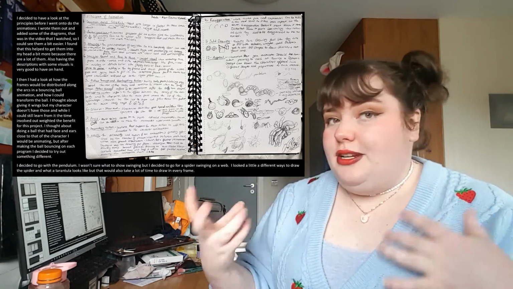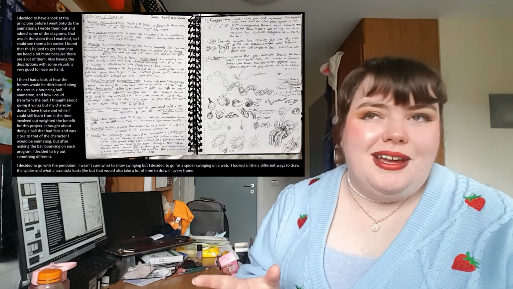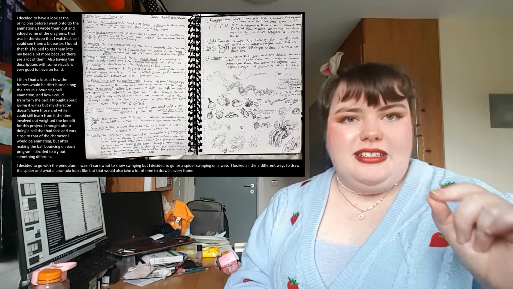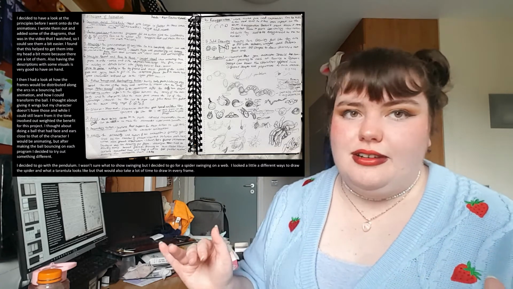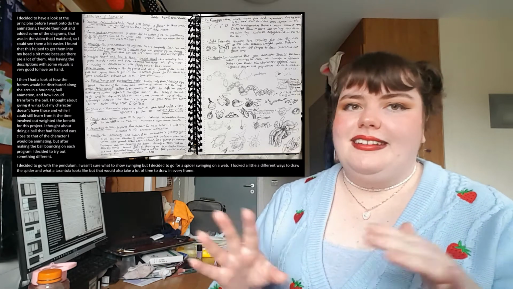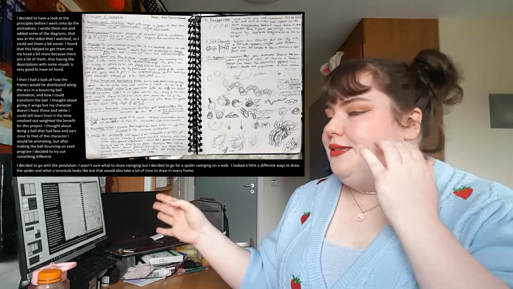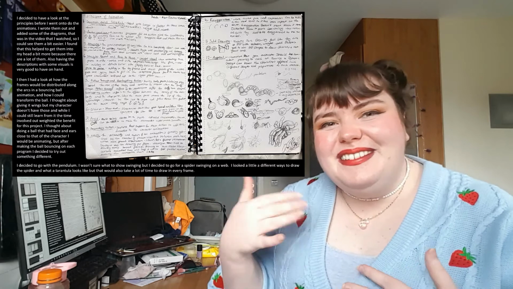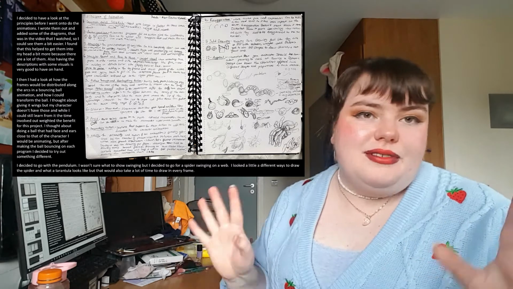I then looked at what I could do with the ball, giving it wings, which I thought of doing. I kind of wanted to do it, but at the same time I was like, that's going to take a really long time and my character does not have wings. That's not really something that I need. So I was thinking about changing one of the balls to having ears, but then when I did the balls I kind of wanted to do something different, so I'm just going to do something else now. I then looked at spiders.